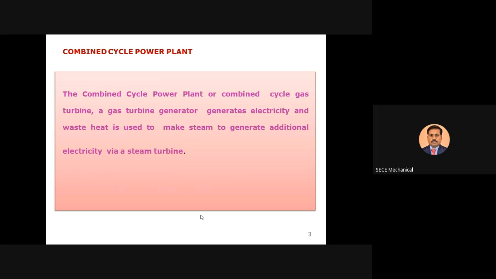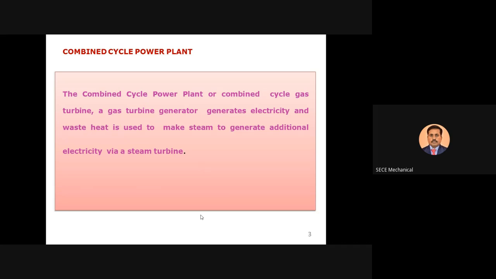The existing method is a steam turbine or a gas turbine alone, producing only a little amount of power. If you add a steam turbine to your gas turbine,